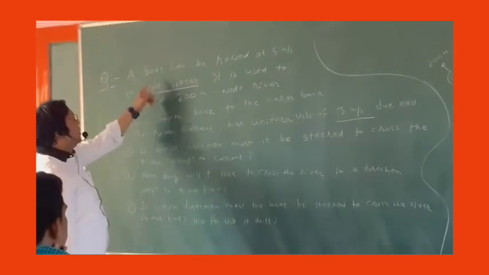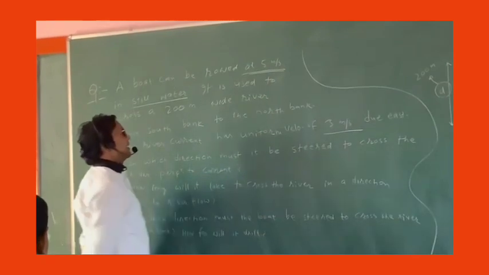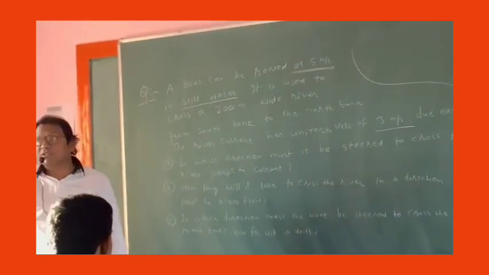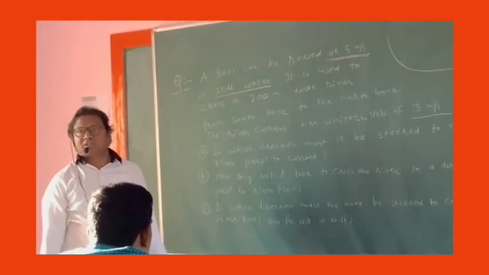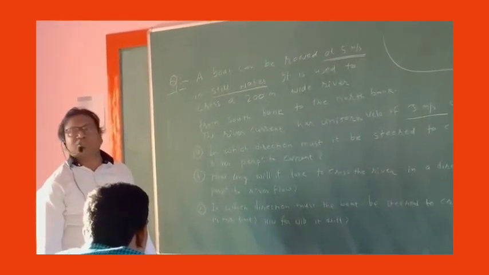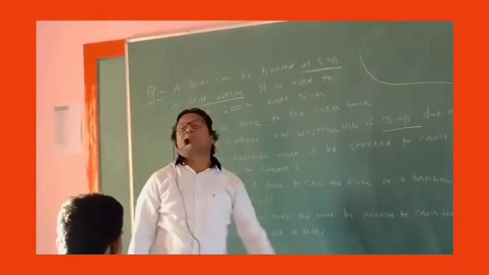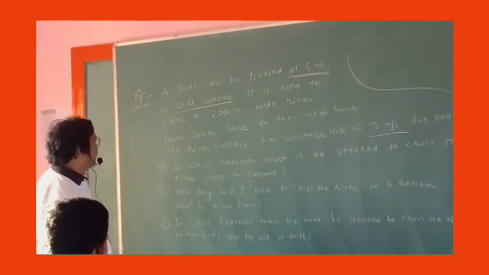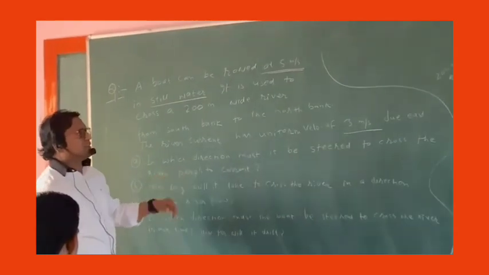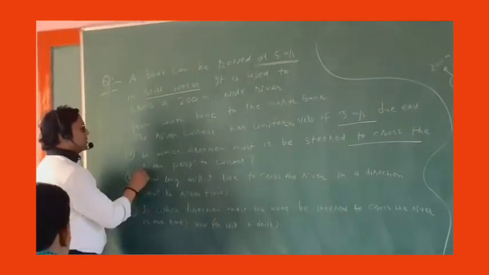And the boat can be rowed at 5 meter per second. That means the original velocity of the boat is 5 meter per second in still water. That means when water is not flowing, the actual velocity of the boat is 5 meter per second. Now in the first part they are asking in which direction must it be steered to cross the river